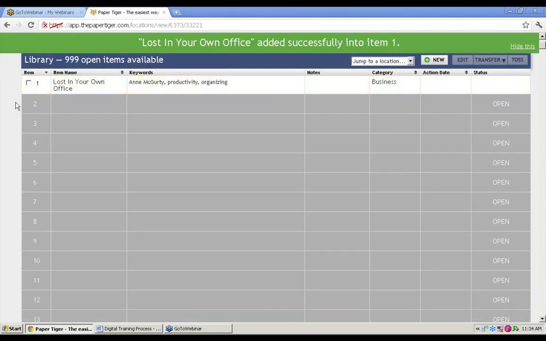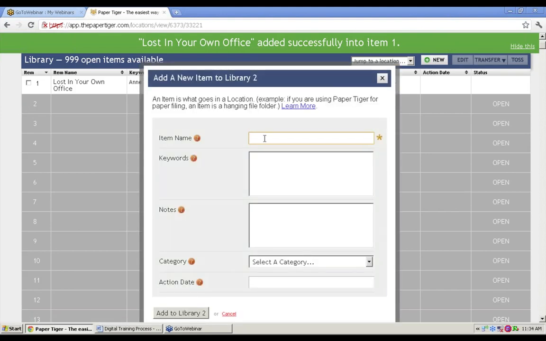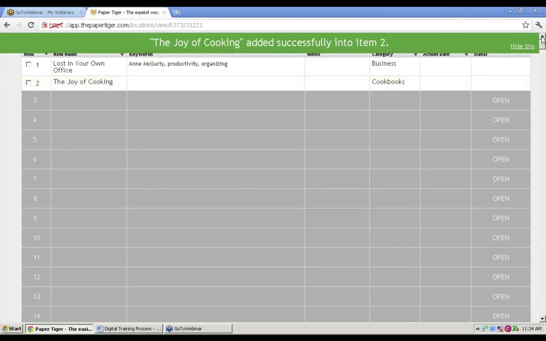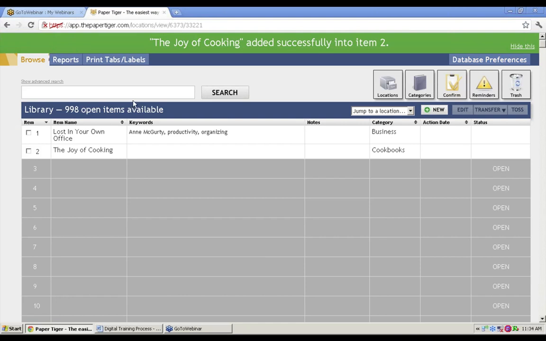All right. And as I said, some people have really big libraries, and we're going to add another book, and we're going to say The Joy of Cooking. I don't remember who the author is, so I'm going to skip that. But we're going to add a new category here, and we're going to say cookbooks and add to library. So now we have a new location of books called library,